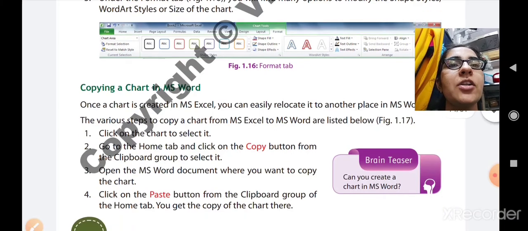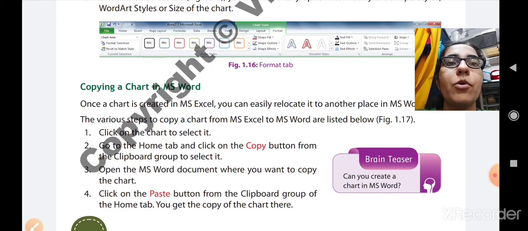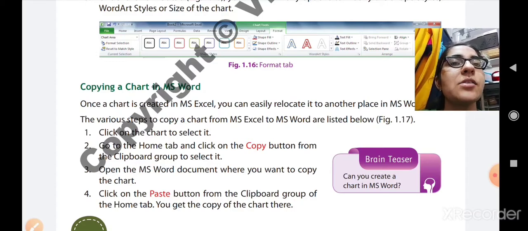First, click on the chart to select it. Then go to the home tab and click on the copy button from the clipboard group. So first you have to select the chart which you want to copy. Then go to the home tab and click on the copy button. It means that your chart is copied. Now open the MS Word document where you want to copy the chart.